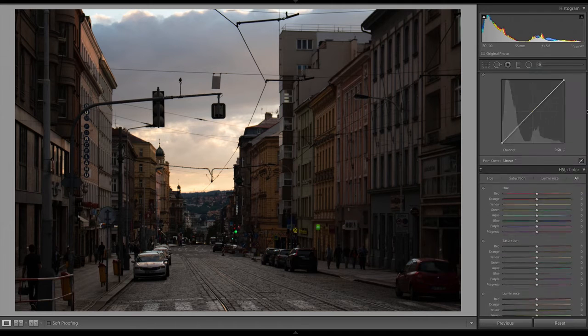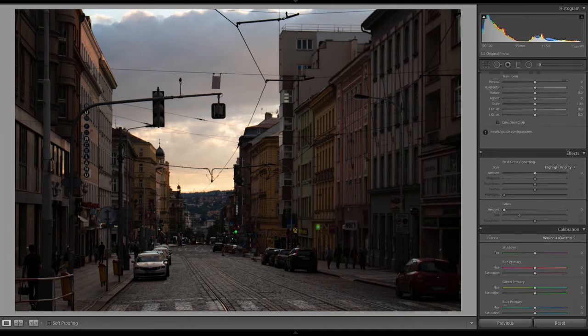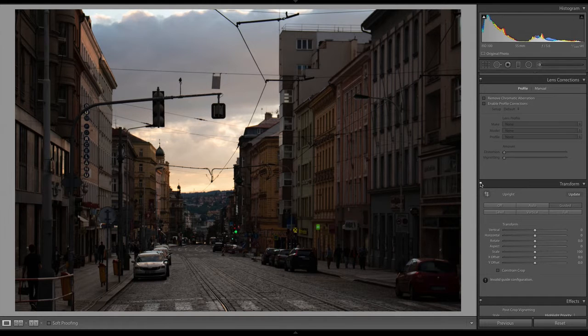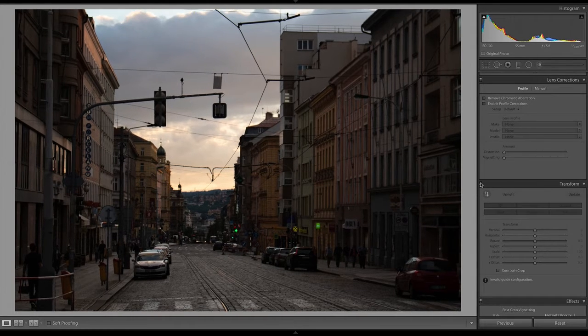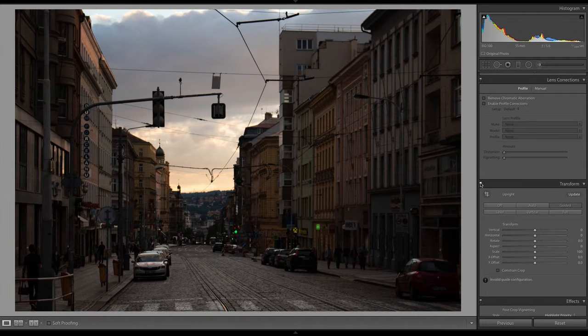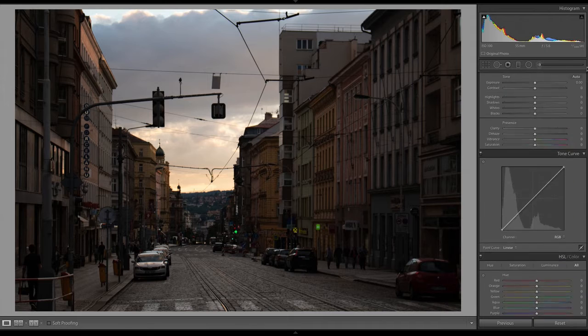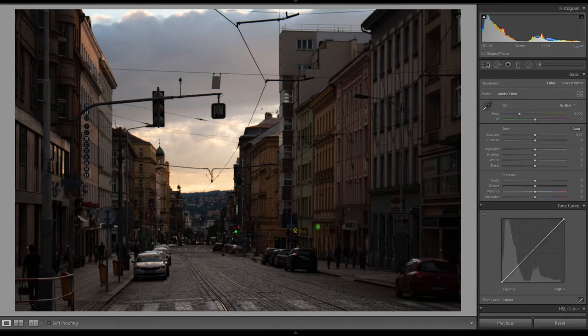Cool. So now I'm going to go up in crop. Before I do that though, let me just show you before and after. So if I just turn on and off the transform, just a subtle change right there. It's not warping the photo too much, which means that it looks natural still, which is good. Next, I'm going to crop it.